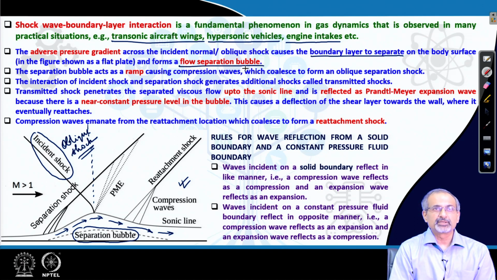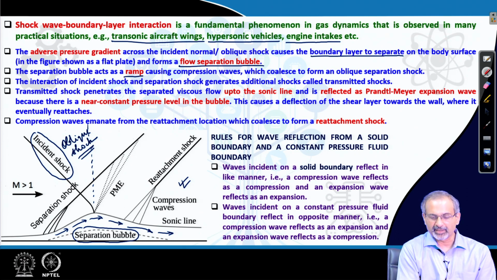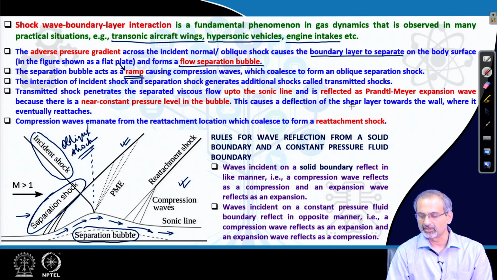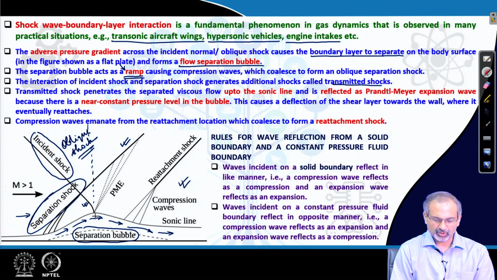Now, the moment the flow separation is created, it has a ramp-like or compression action on the incoming supersonic flow, and therefore, there is a formation of an additional shock because of the turning of the flow. So, this is purely due to the ramp effect produced by the separation bubble. Now, the interaction of the incident shock and the separation shock generates additional shocks, which we call transmitted shocks. So, one arm of that transmitted shock goes and interferes with the viscous layer